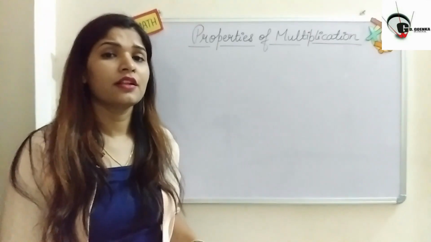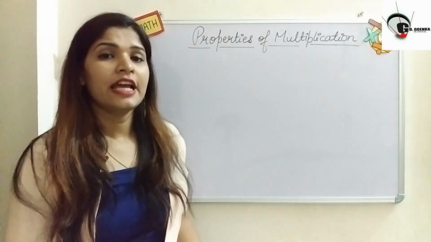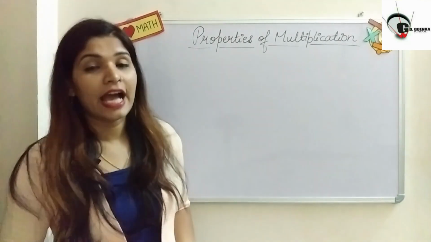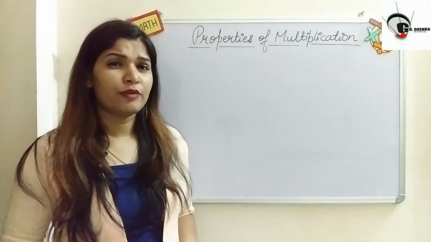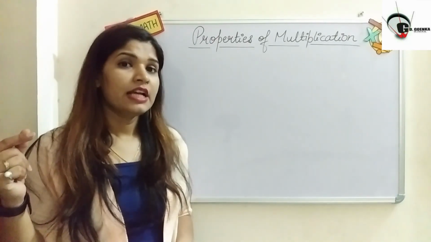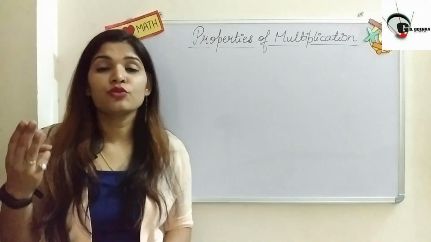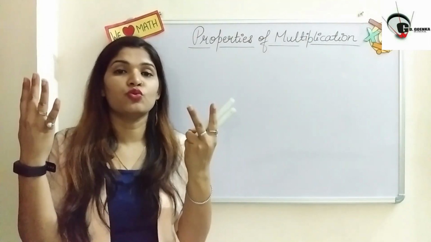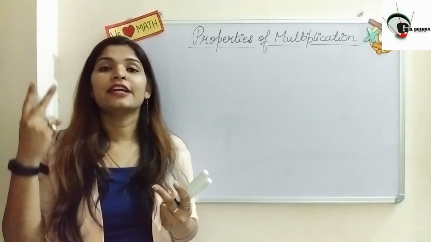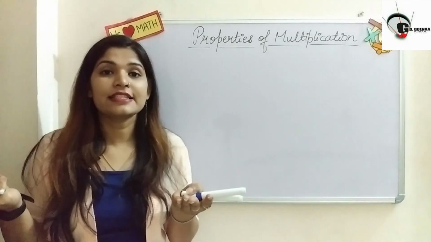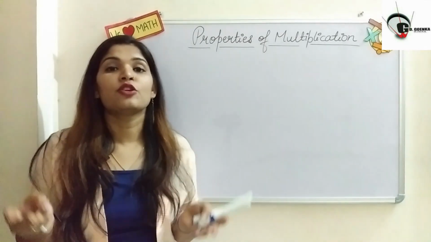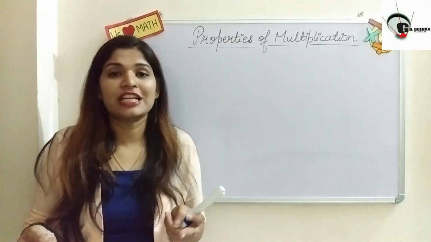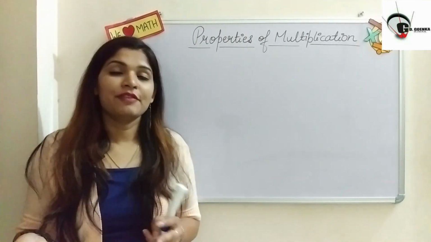children, do you remember the property of addition? The first property of addition was order of the addends. Just to quickly recall, when we are adding any two numbers, suppose I have 4 and 2. If I add 4 plus 2, I will get 6, and if I add 2 plus 4, again I will get 6. So the sum will not change regardless of the order of the addends. We can change the order of the addends, and we will have the same sum.